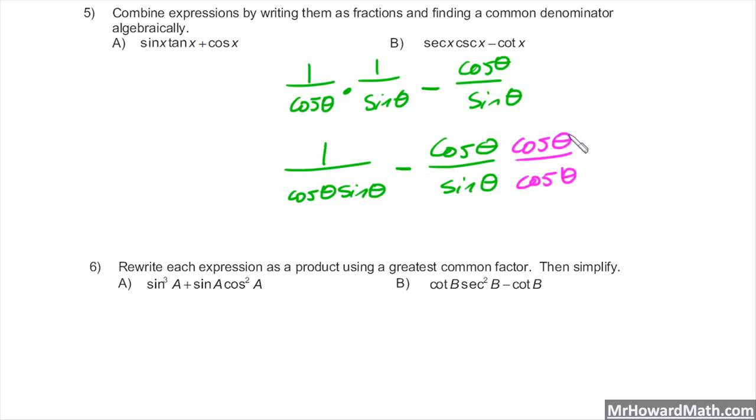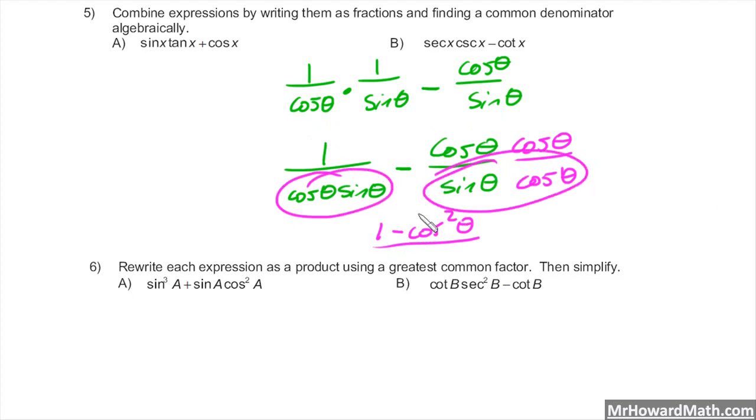This part in pink is just equal to 1. It's okay to do. So then I get on top 1 minus cosine squared theta. That's this one minus those two multiplied together, all over our new established common denominator, which is cosine theta sine theta. That's because we did this work right here. Remember, it doesn't matter if I write cosine theta sine theta or sine theta cosine theta. It's the same. Your two things are multiplied together, the order doesn't matter. So I'll just leave it cosine theta